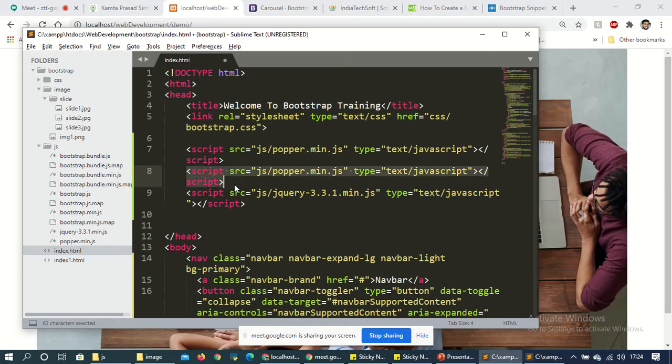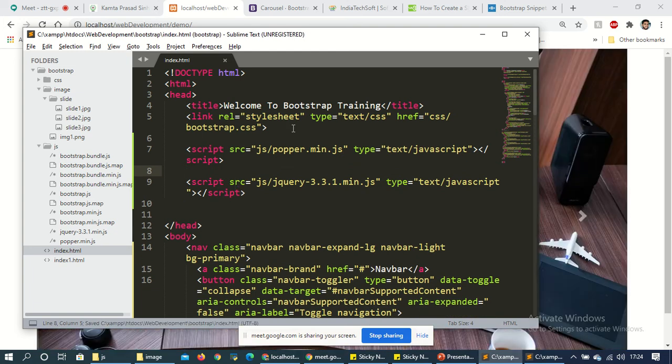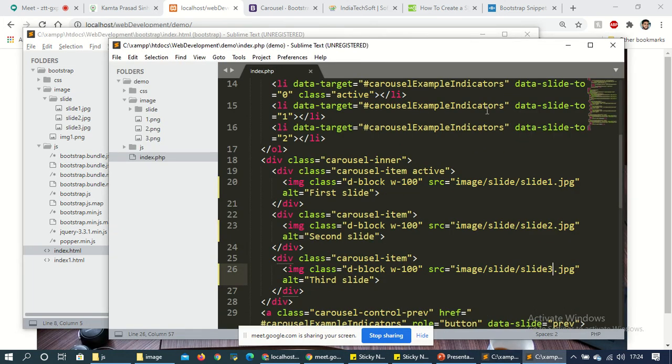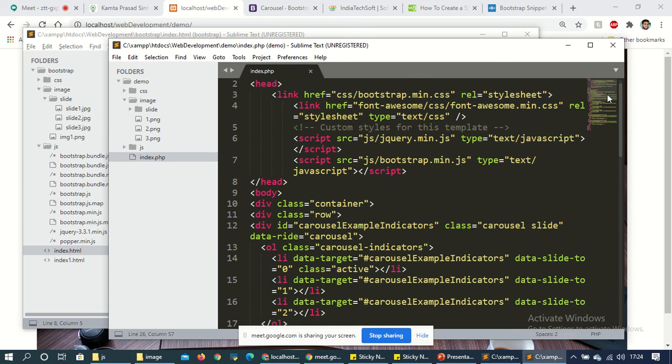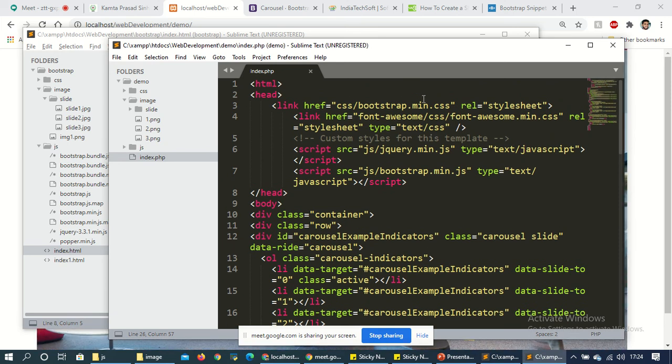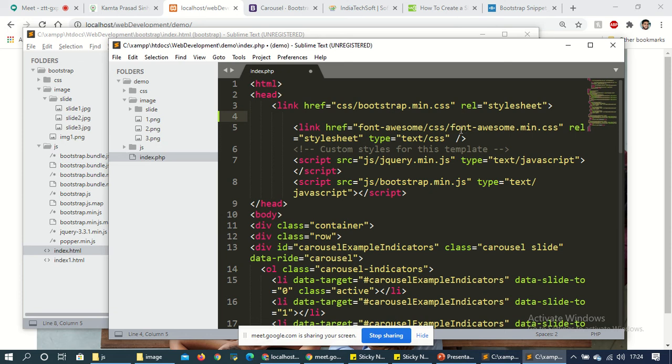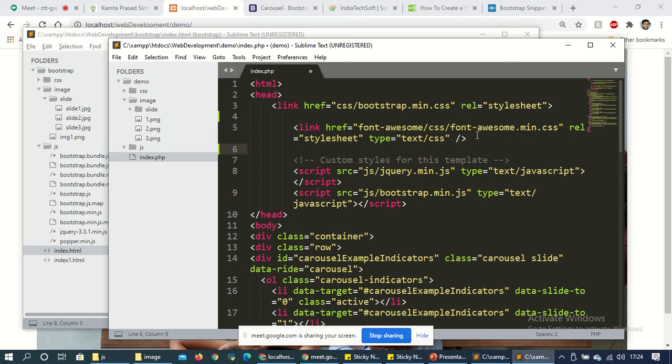This is the file of my image. The same code, I have just included link bootstrap.min, which is for CSS purpose. Link, this is for font purpose.